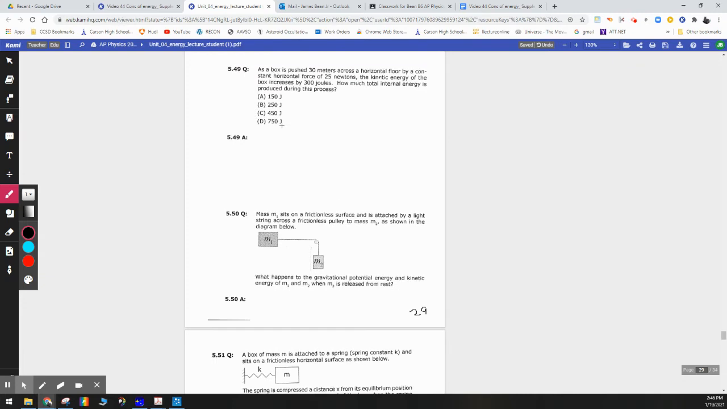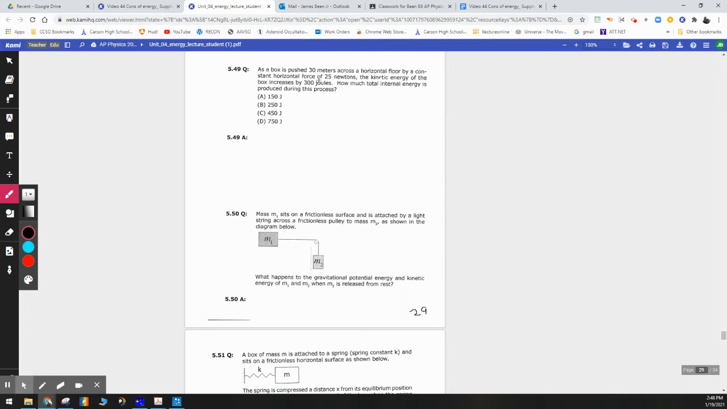5.49. As a box is pushed 30 meters across a horizontal floor by a constant force of 25 newtons, the kinetic energy of the box increases by 300 joules. How much total internal energy is produced in this process? Okay, we hit pause. All right, so in this problem, a box is pushed 30 meters across a